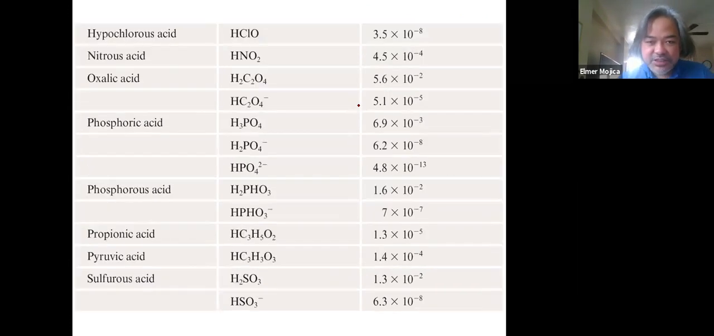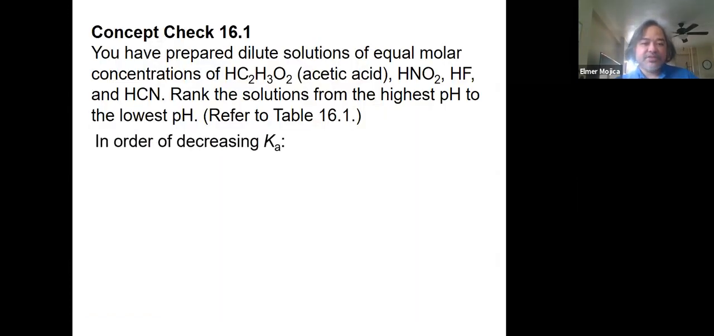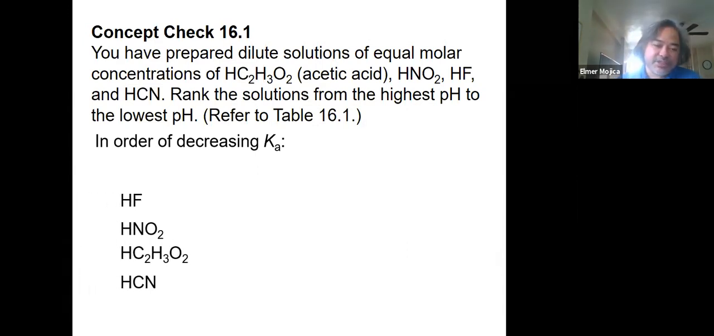There's also a table that I have here. Phosphoric acid is a weak acid, and it has three dissociable hydrogens. As you can see, the first hydrogen is stronger than the second dissociable hydrogen, which is stronger than the third dissociable hydrogen. So if we have a problem like this one, HF,